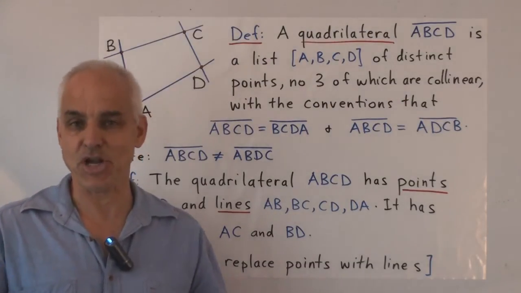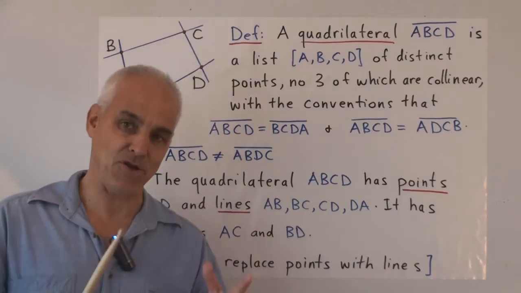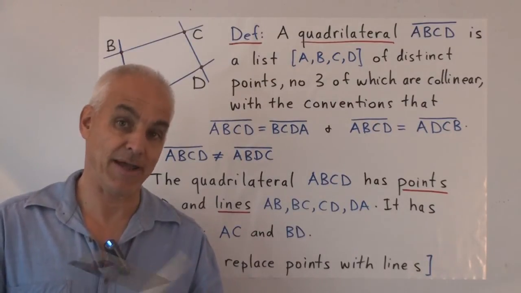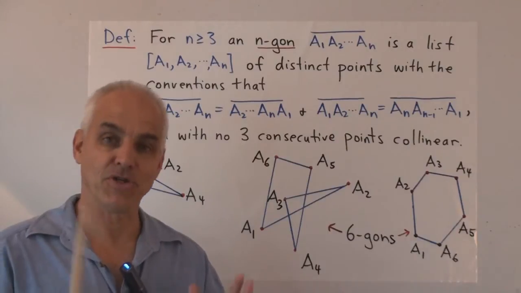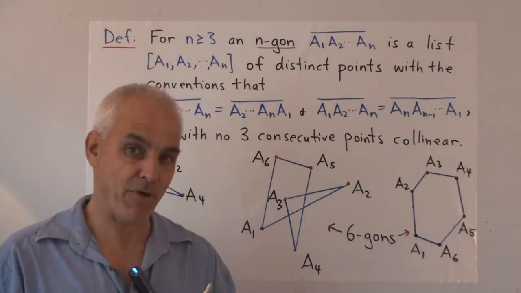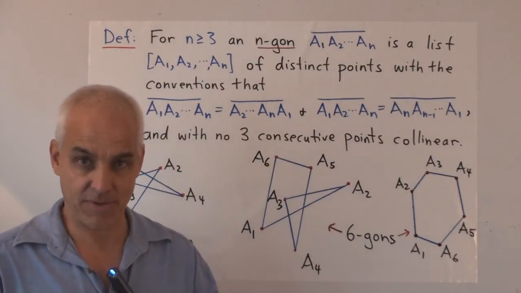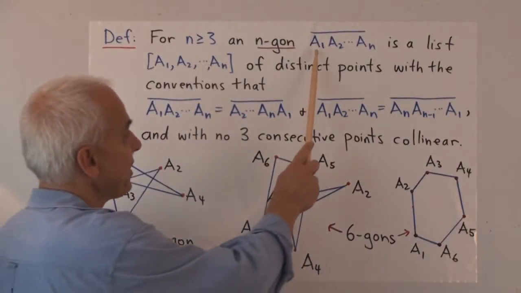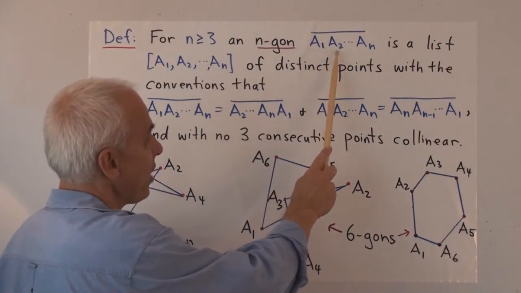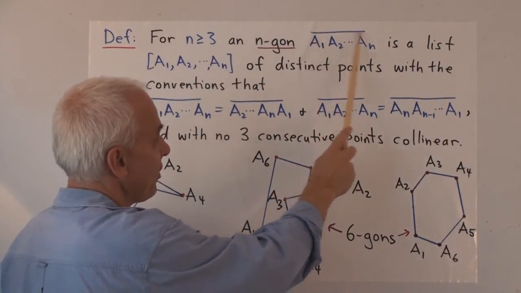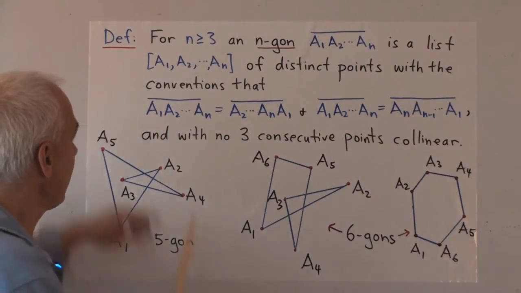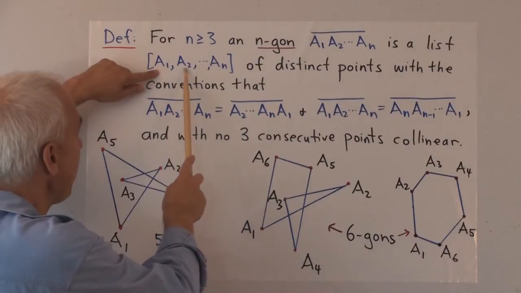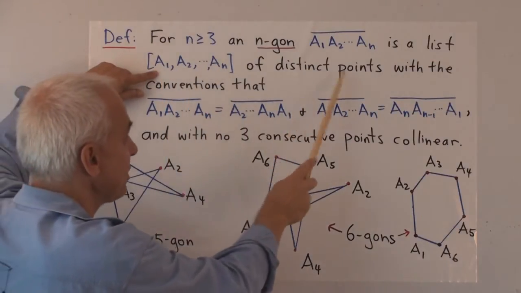Let's have a look at how we generalize the notion of quadrilateral to an n-gon, like a pentagon or a hexagon. So what is an n-gon? We choose an n, a natural number, bigger than or equal to 3 to start with. And then we say that an n-gon, labeled A1, A2, up to An, with a bar over it, is by definition a list, A1, A2, up to An, of distinct points